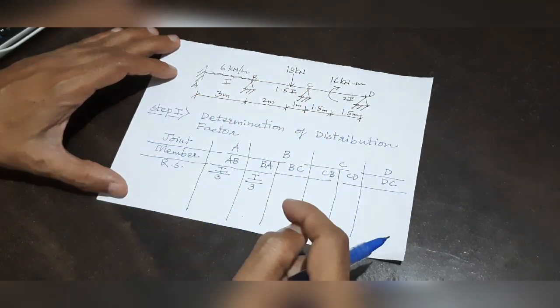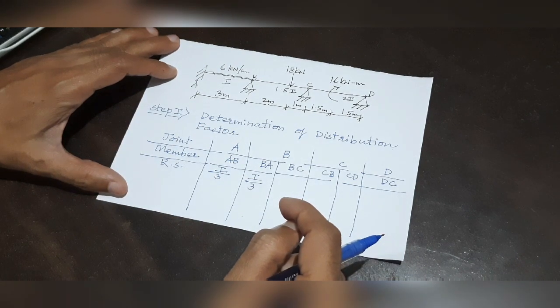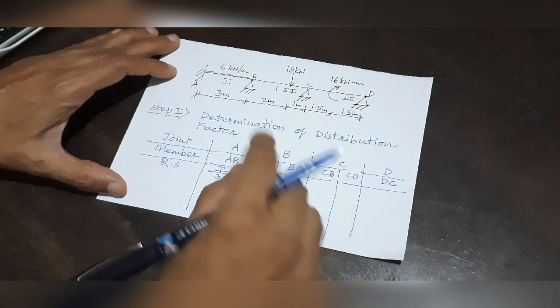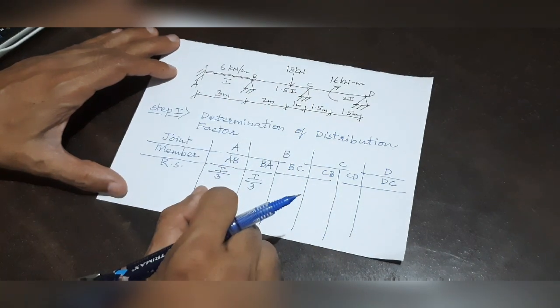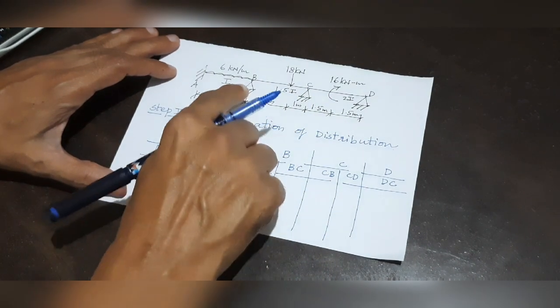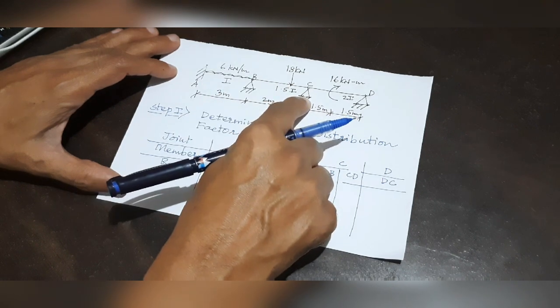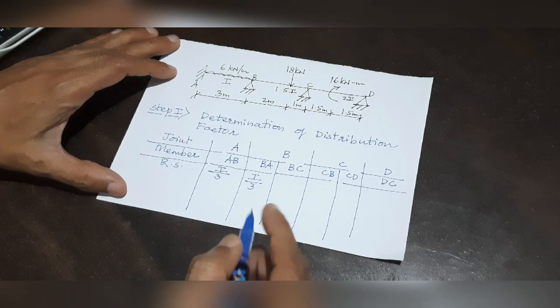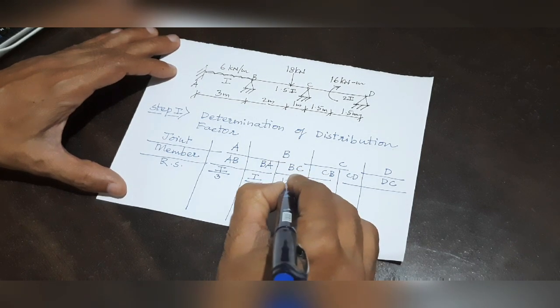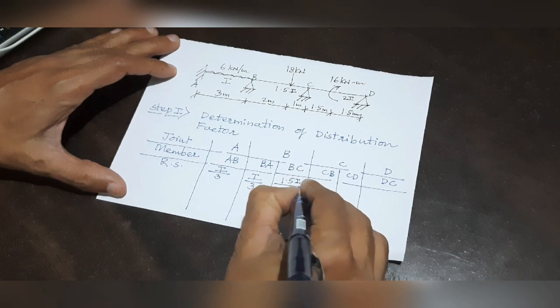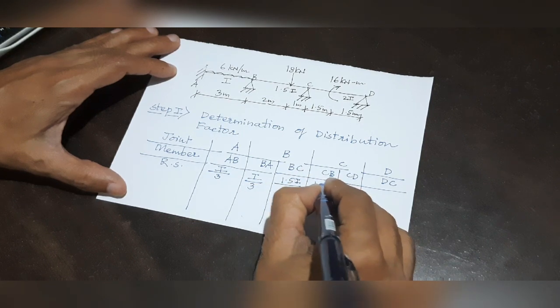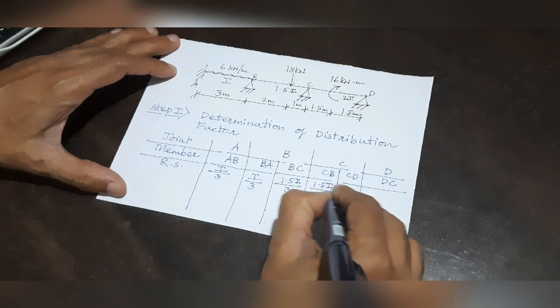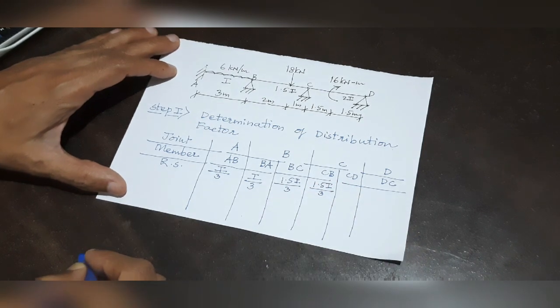Now what is the relative stiffness of BC? Again we are applying the rule when neither end is hinged. You will wonder why I am saying neither end is hinged, but B and C, though they are hinged, are internal ends, and that is why they are considered to be fixed. So it is again the first rule, I by L. I for BC is 1.5 I and L is 3. BC and CB are the same members, so 1.5 I by 3.